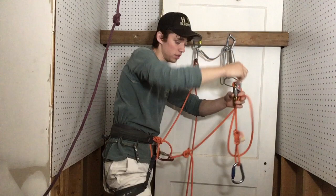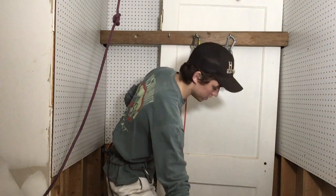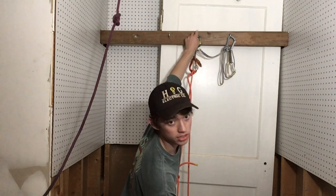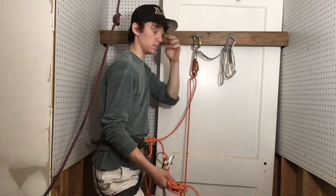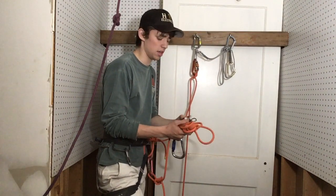So they're going to fall, and it's all going to come crashing down on my belay loop. It's going to pull me down, and then my weight's going to come onto the clove hitch and then onto this bolt. Not ideal, but again, we're on this nice big ledge, so the odds of that happening are so low